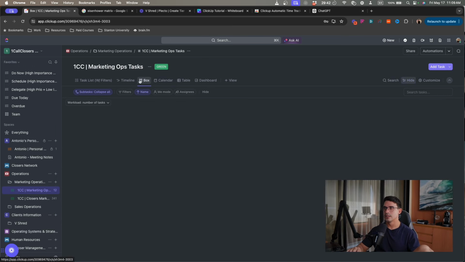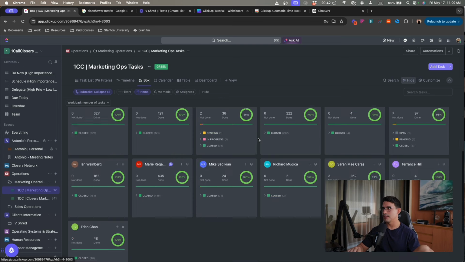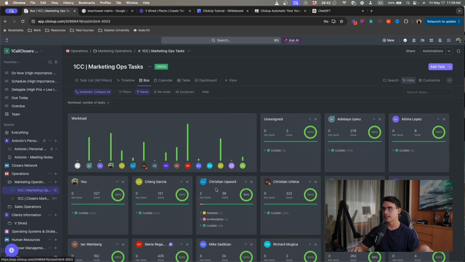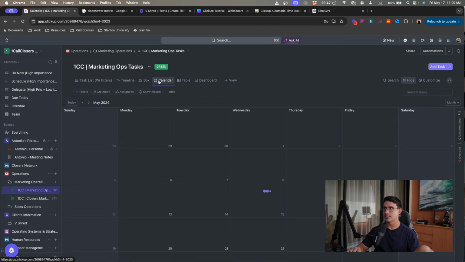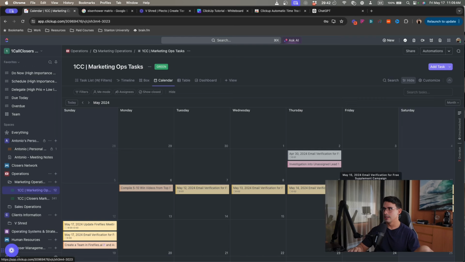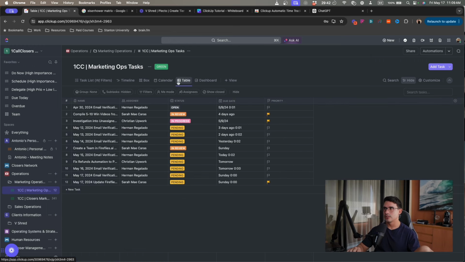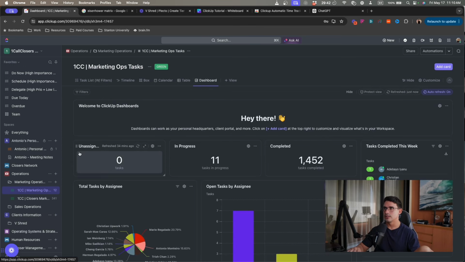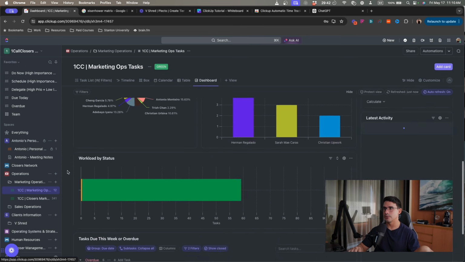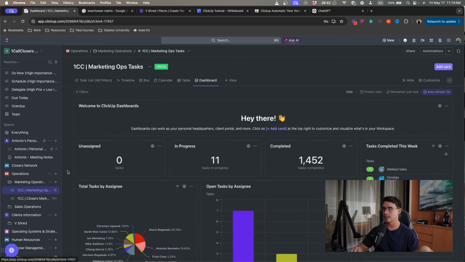The box view is just showing you how many tasks each person is doing, what their load is in this specific list. The calendar shows what tasks are either being delivered that day or being posted that day if you're doing content. Table is just another way to view the list as a table, and then a dashboard simply shows you the information on the task, easily digestible. So